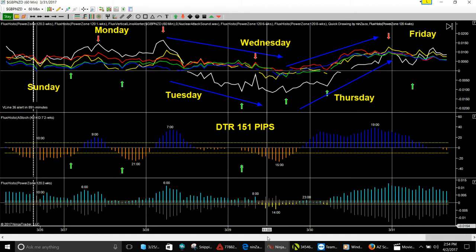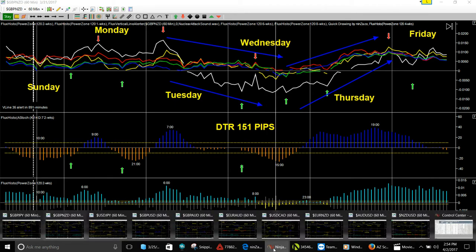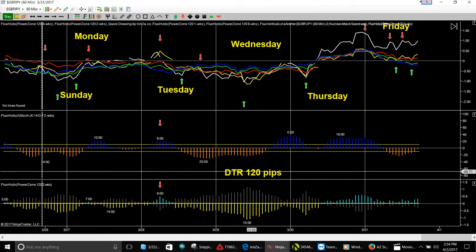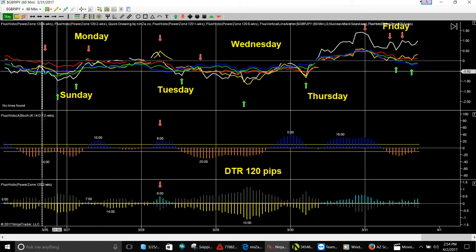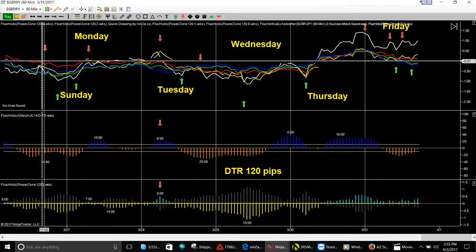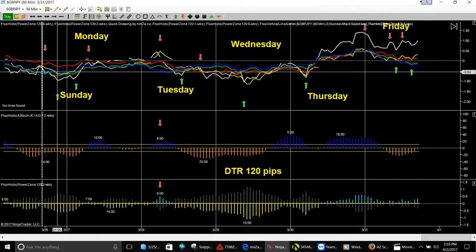All right, next up is going to be the pound JPY at 120 pips. The daily trading ranges are going down, down, down. All right, traders. Sunday we're coming in. Looks like the pound JPY is going to go down here when the market opens. Looks like it's going to go down, and then